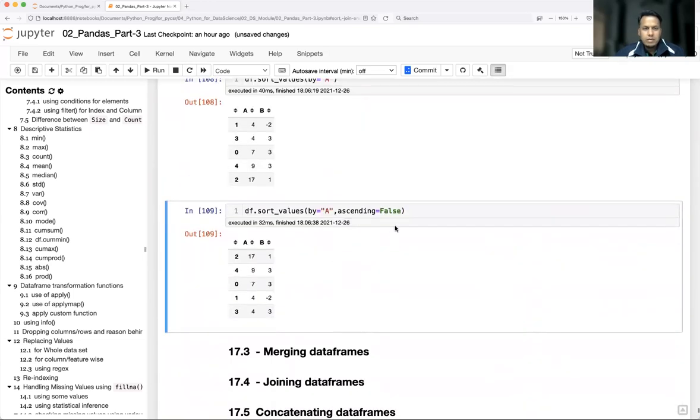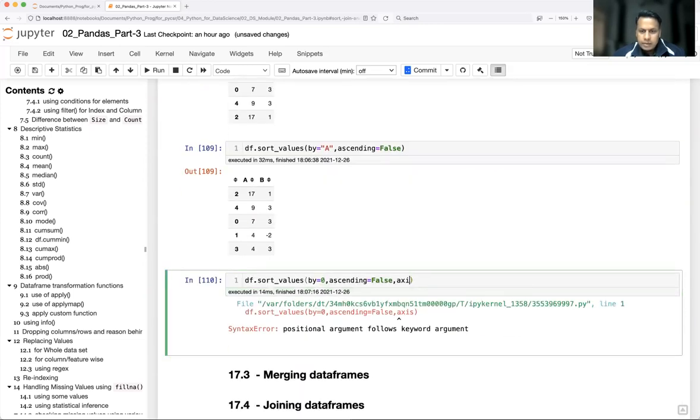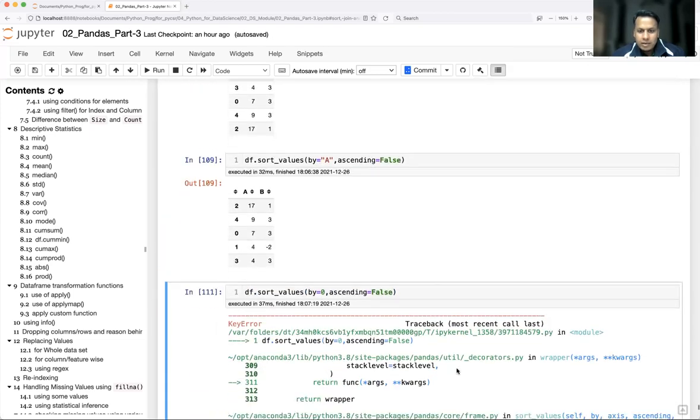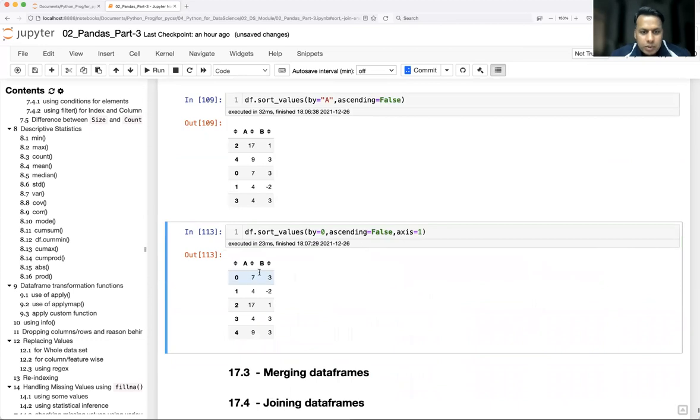Similarly, if you want row wise, I can do axis equal to, oh sorry, by 0. It is not taking, right? Why? Because axis is already taken as column wise. Now I have to make it row wise. So axis is equal to 1. If you see here, row 0, that is 7 and 3, ascending equal to false.